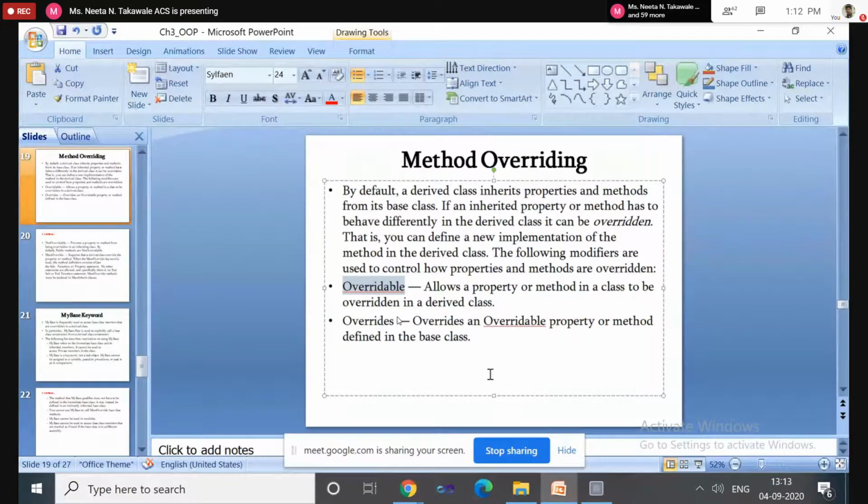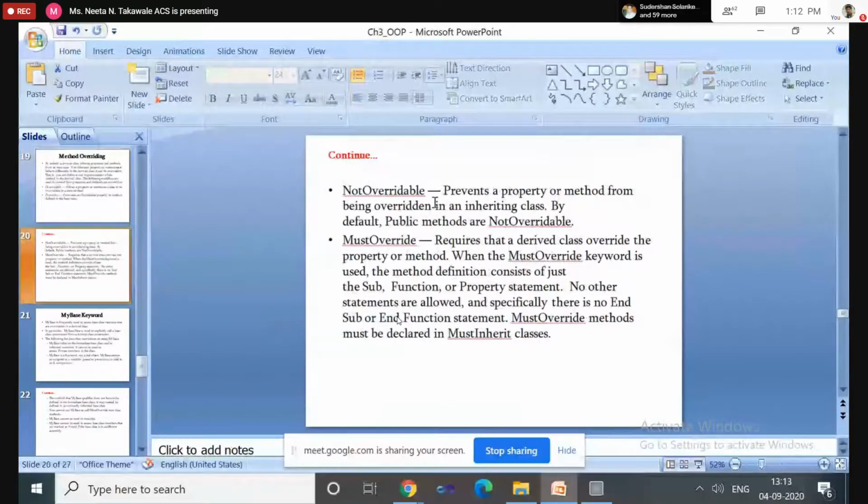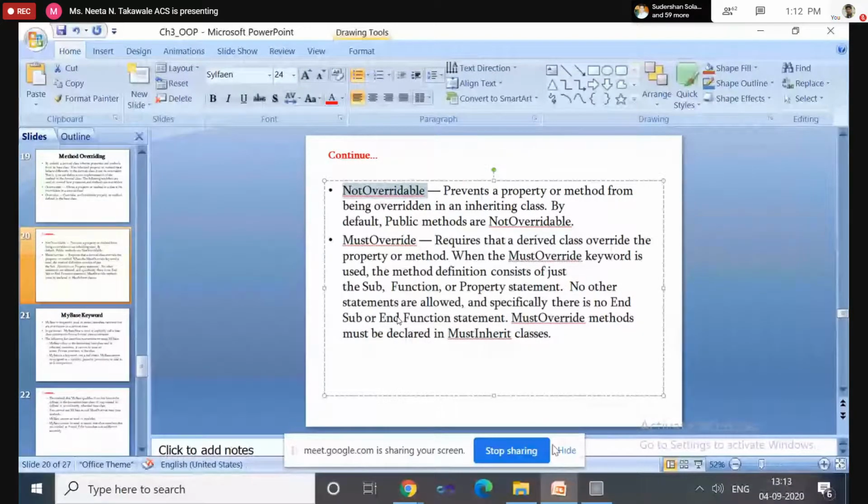And the property or method which you declared using the Overridable keyword in the base class, in the derived class you have to declare using the Overrides keyword. We'll see with the help of an example, then there will be no confusion.